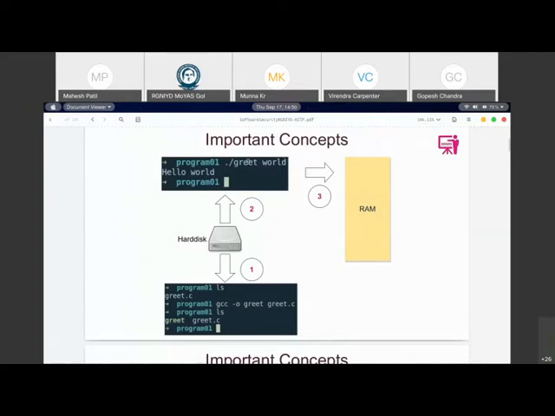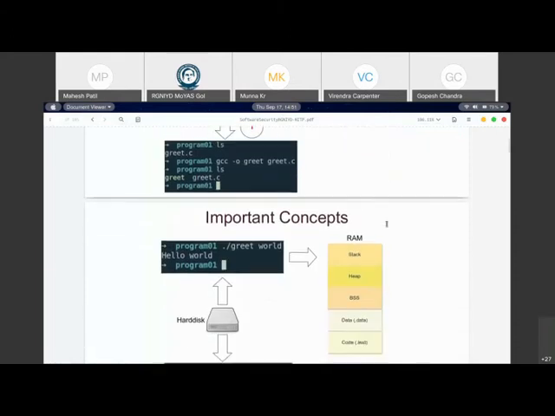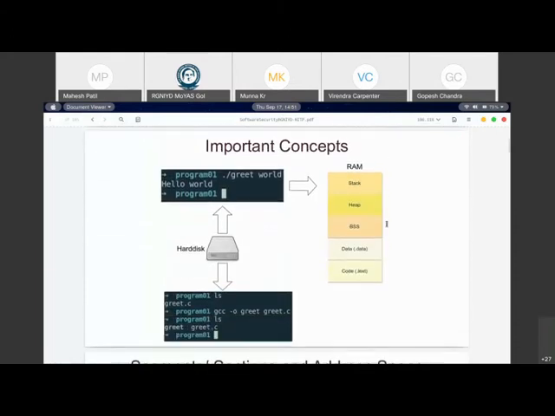When we run this program on the shell, we are indirectly telling the operating system to take this program from the hard disk, which is dormant, not active now, and make it active. That is this third step where the program gets loaded into the RAM. The moment the program gets loaded into the RAM, it starts executing and it is called a process. This looks very easy, but most of it is abstracted from us by the OS. But let's look slightly deeper into what internally happened.